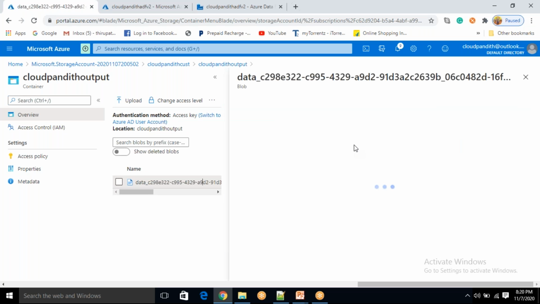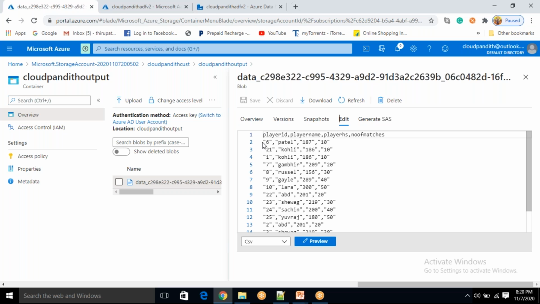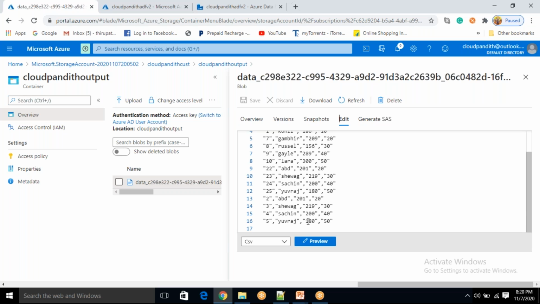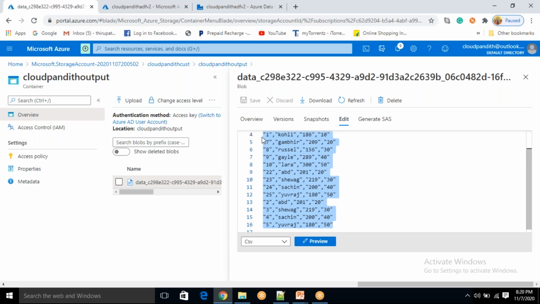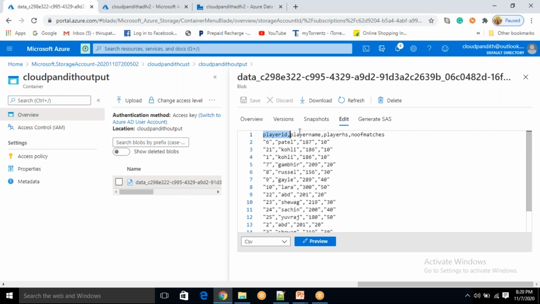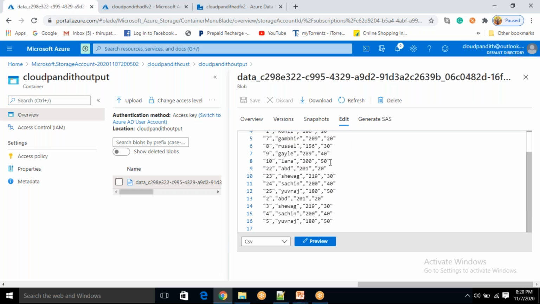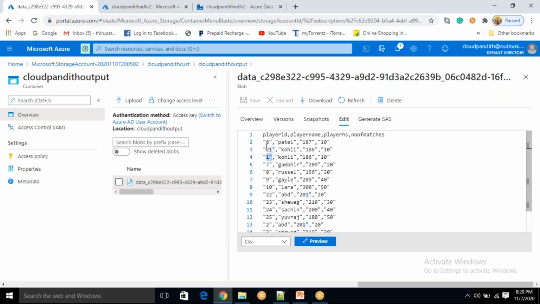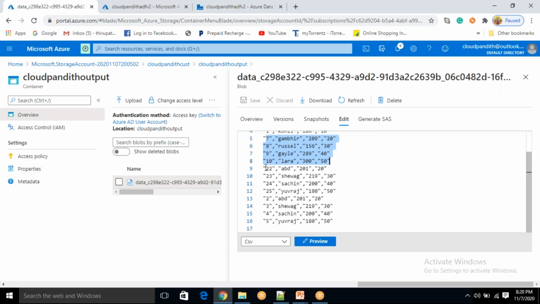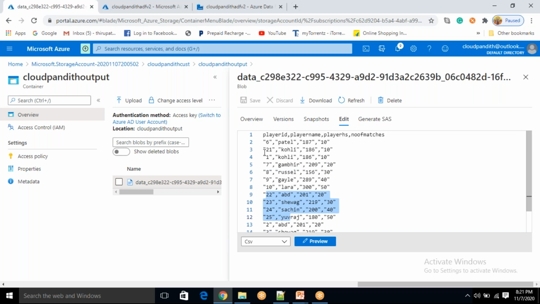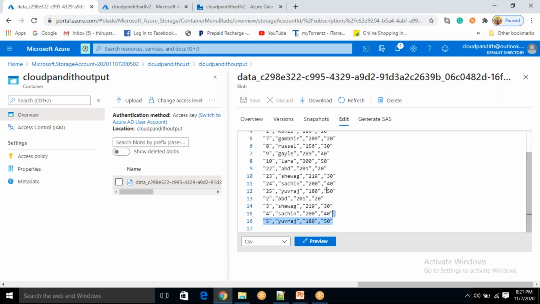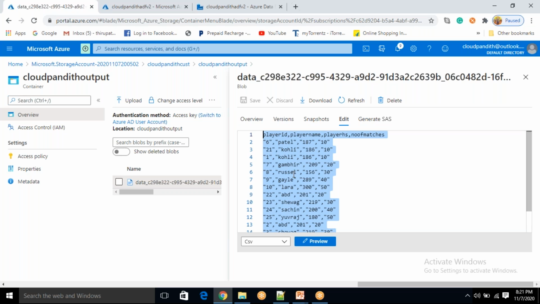If you open it, we should be able to see a total of 15 records, 1 to 10 and 21 to 25. You can see a total of 16 rows. Why 16? Because 15 records and 1 is your header. See 2, 3, 4, 5 and 1 is here. We have 6, 7, 8, 9, 10. It merged. Next we have 22 to 25, and 21 is here. Meaning total we have 15 records. Those 3 files were merged and generated into a single file.